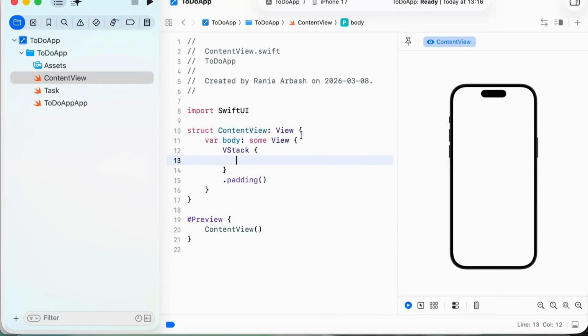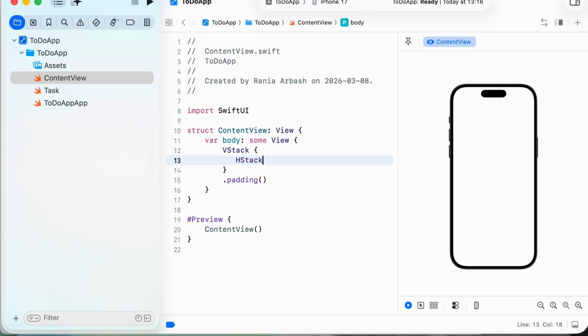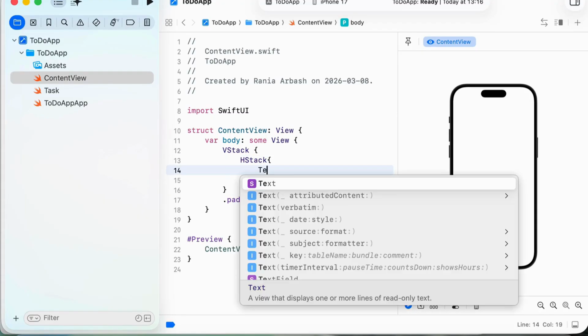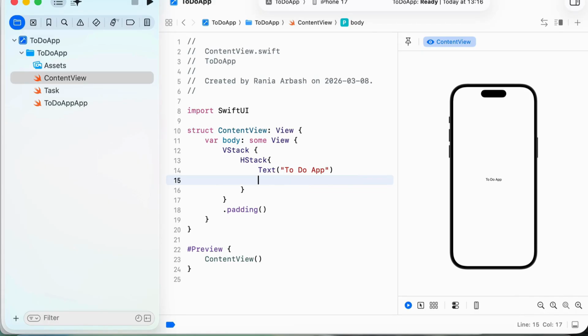So those will be within the VStack. So within here I will add an HStack, which is the horizontal stack, to include one text to represent the to-do, the specific to-do, and then I will add here a toggle,